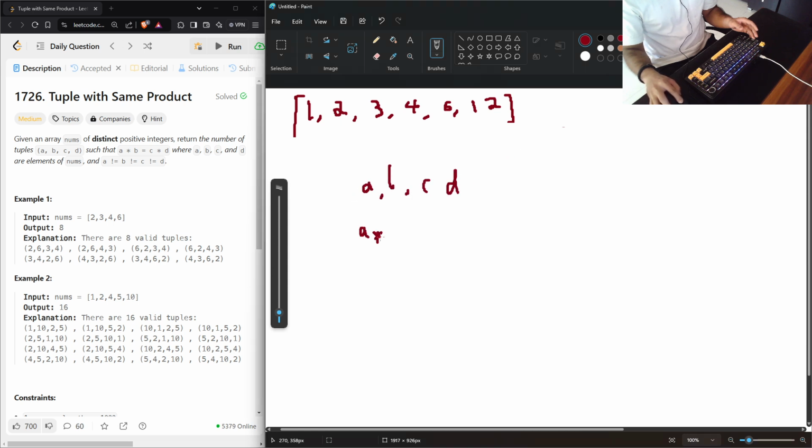b is equal to c product d. We need to find all such tuples a, b, c, d such that a product b is equal to c product d. So if we take a look at the first example, 2, 3, 4, 6, we find that 2 multiplied with 6 is equal to 12 and 3 multiplied with 4 is equal to 12,